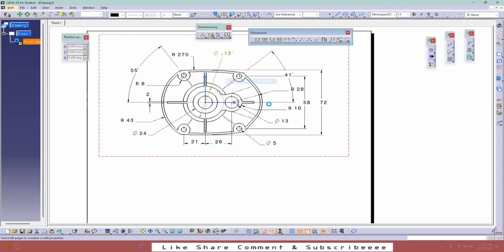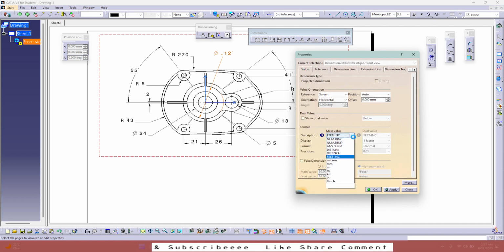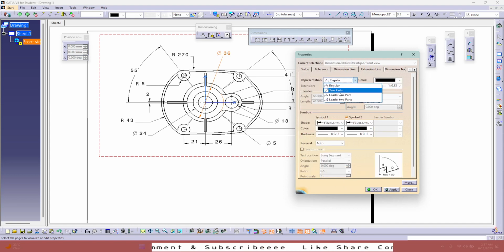Right click, properties, value, apply, dimension line, two part, apply, symbol to, no need. Okay,